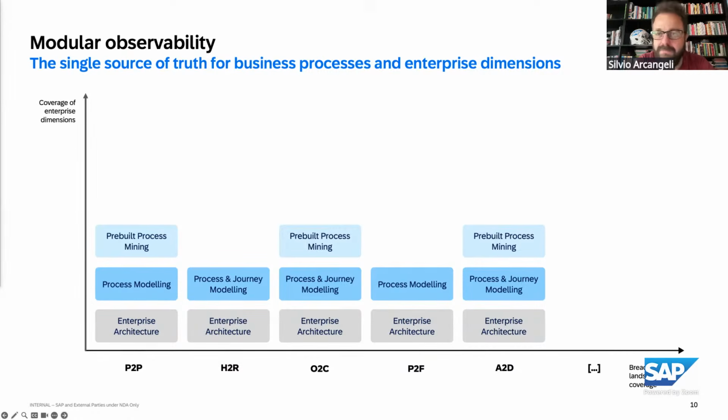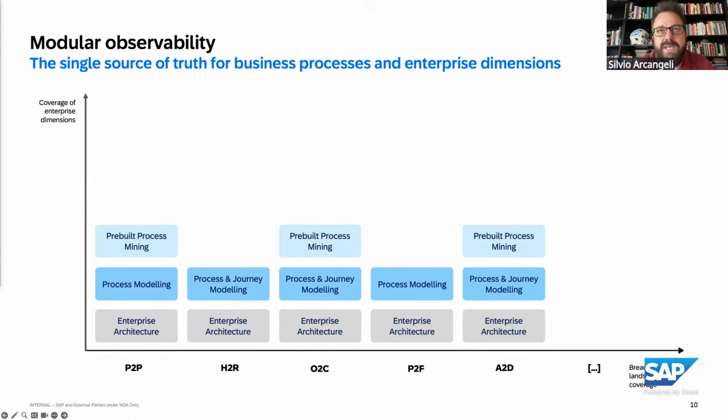And that is plug and play. So something that you can deploy in a matter of minutes. And that will allow you to cover already 7 end-to-end processes with 3,000 plus metrics pre-built according to industry best practices out of the box, right? So that's what we call pre-built mining, which is again quite horizontal, because you click one button, you connect your ERP, you connect your S4, and you have immediately the coverage across several different end-to-end processes in one go without having to set up process mining at all, right?